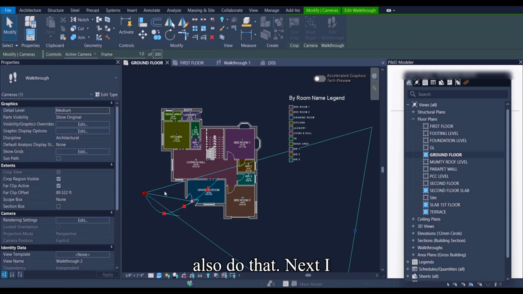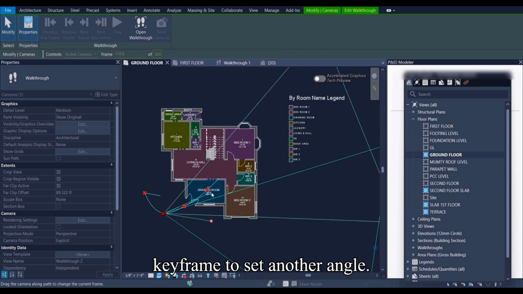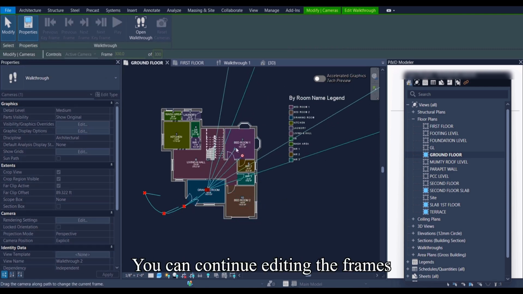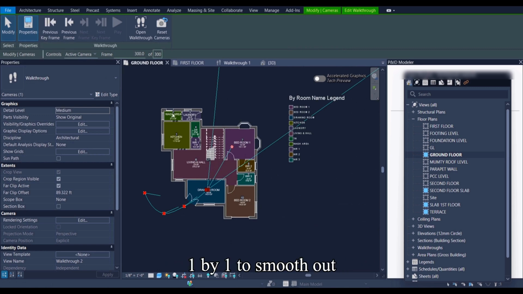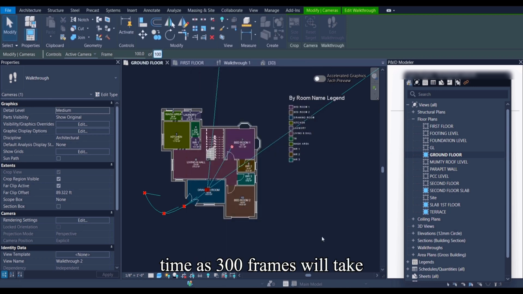You can also do that. Next, I will move to the next keyframe to set another angle. You can continue editing the frames one by one to smooth out the turns. For this rendering example, I will keep the total frames at 100 to save time, as 300 frames will take